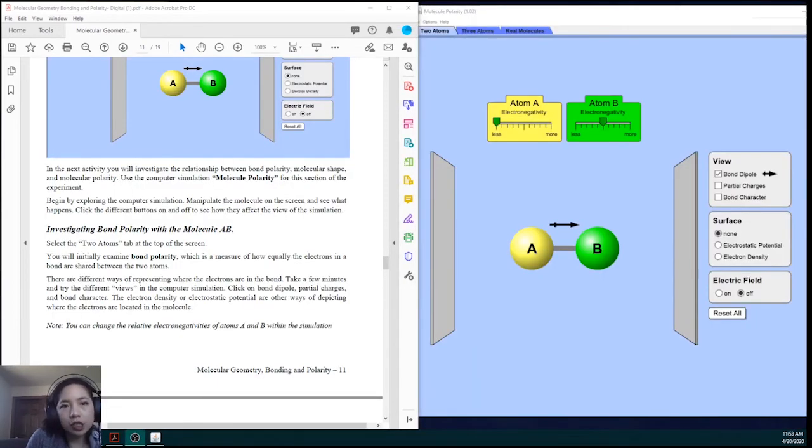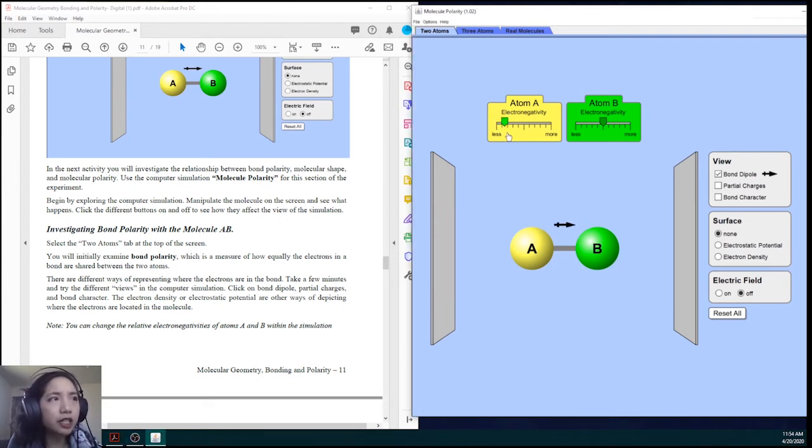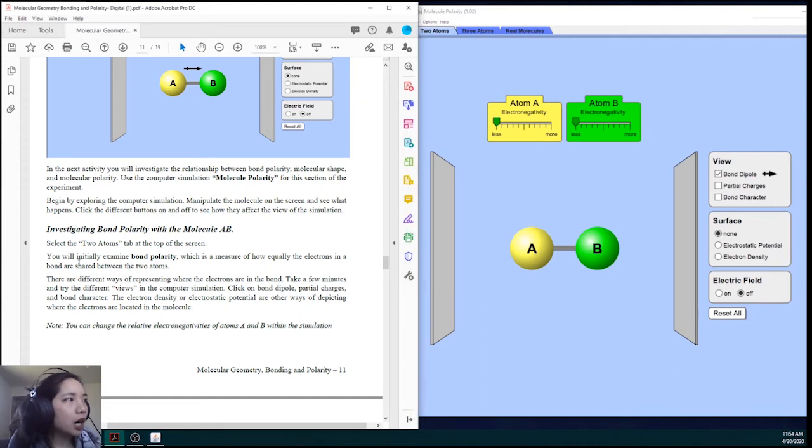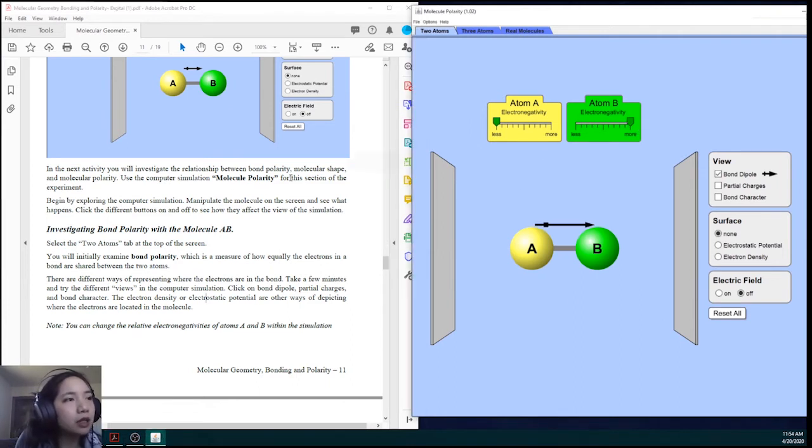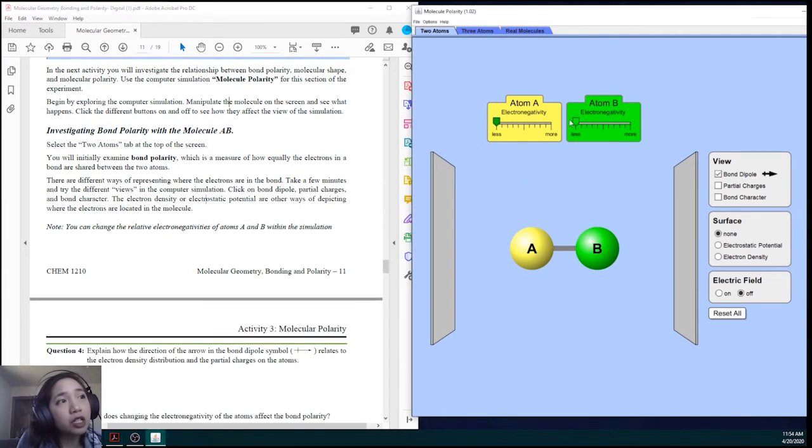All right, so let's explore the last simulation, which has to do with polarity and overall molecule polarity. This simulation allows us to look at a 2 atom molecule example, and we can change the electronegativities of atom A and atom B. So we can think of A and B as just like a bond. If I make both atoms the same electronegativity, both atoms have the same magnitude of electronegativity,